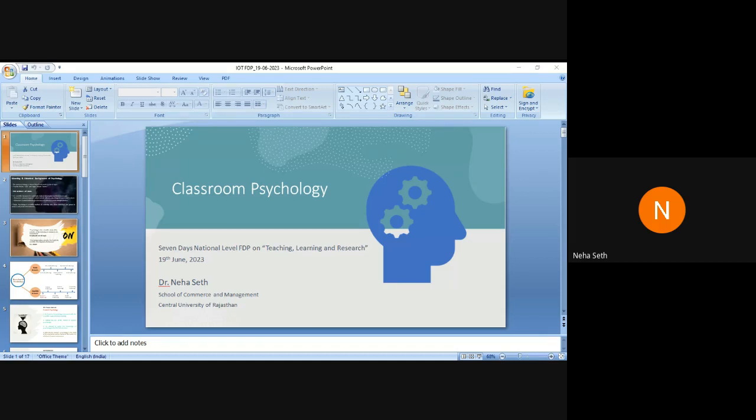So when we are talking about classroom psychology, we are trying to study the behavior of our students. We try to manage our class rather than controlling our class. The time has gone when we used to control the class, but now we need to manage the classroom. And how can we manage the classroom? By managing the behavior of our students in the classroom. So it is very important to manage the behavior of students in our classroom, and it is not possible by punishing the students.